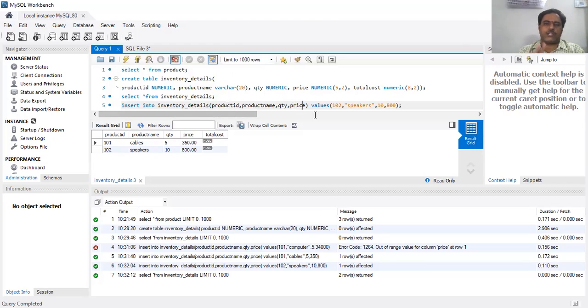Whatever you want to include, you can include, so the respective columns are filled only with the same number of values. For example, if I place the quantity in the second place, the quantity will be updated only, not the product ID or product name. So with the insert command, we can insert the complete record at once, or we can insert the specific number of column data also.